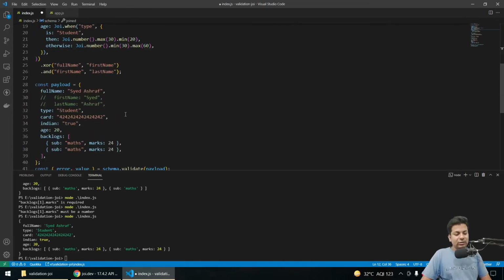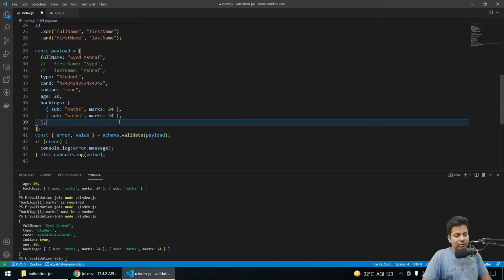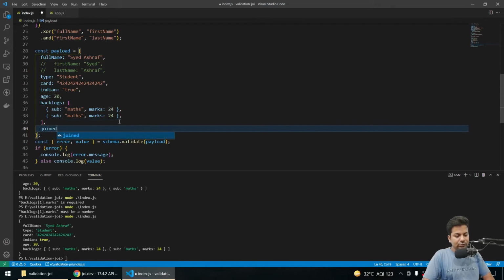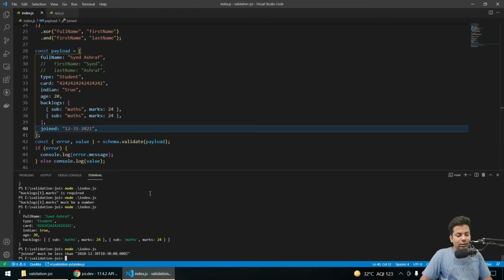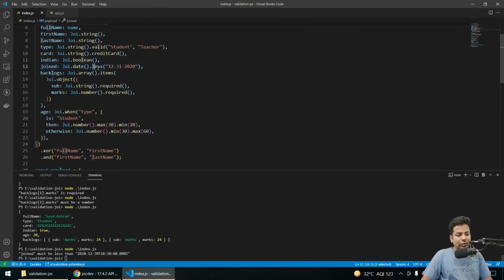So after this array is ending, I'll say joined, and I'll say I joined on 12th 31, 2021. It must be greater than, so I'll make it greater than. I opened in 2020, so it should be greater than that.